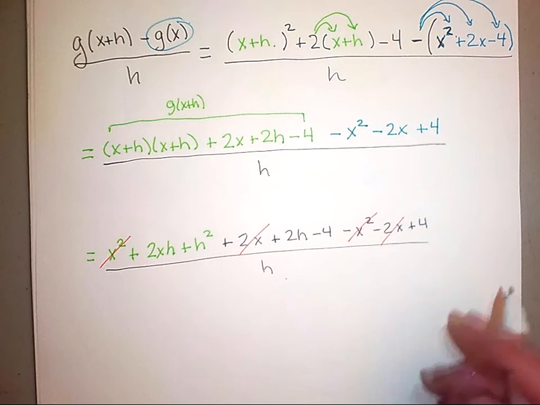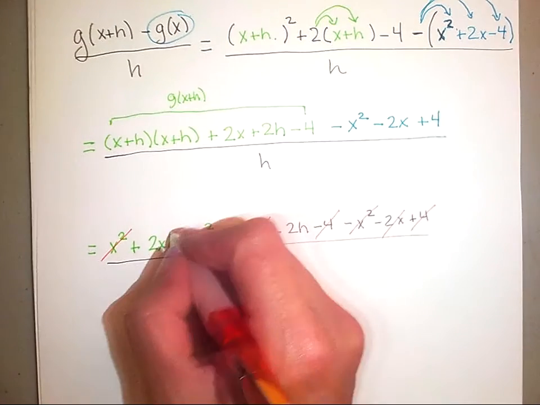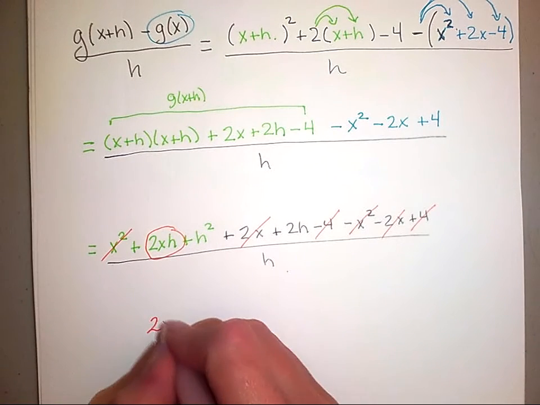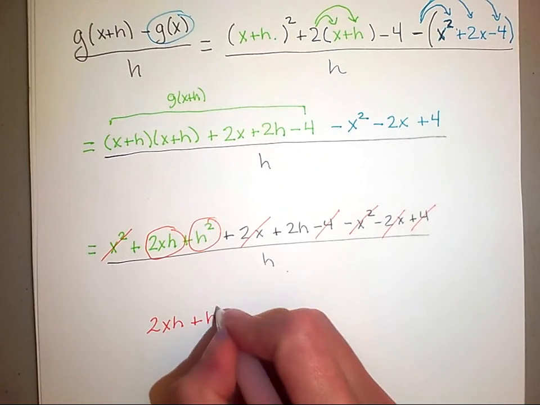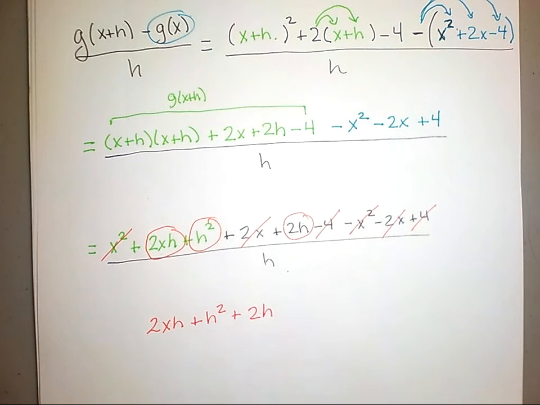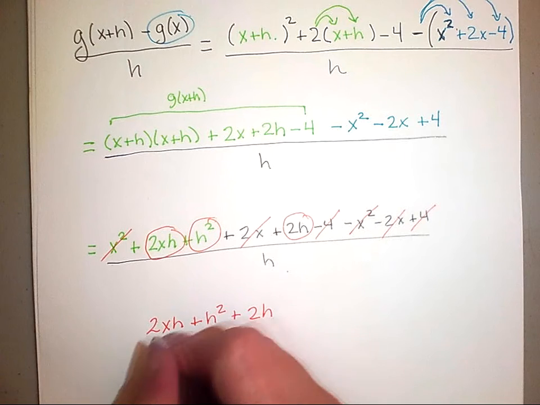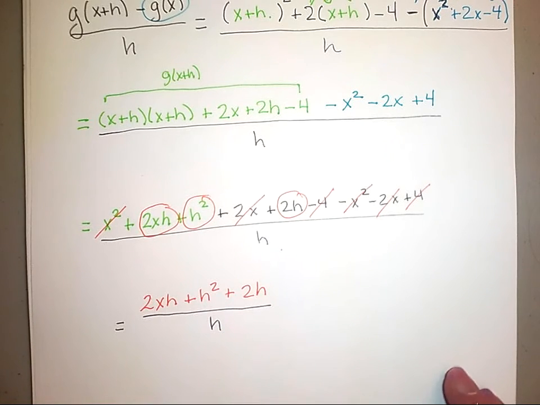Alright, now I'm going to combine like terms. And here's where the magic happens. Here I have an x squared, and there I have a minus x squared. Here I have 2 x's, and I'm subtracting off 2 x's. Here I have minus 4, and here I'm adding 4. So what I'm left with is 2xh